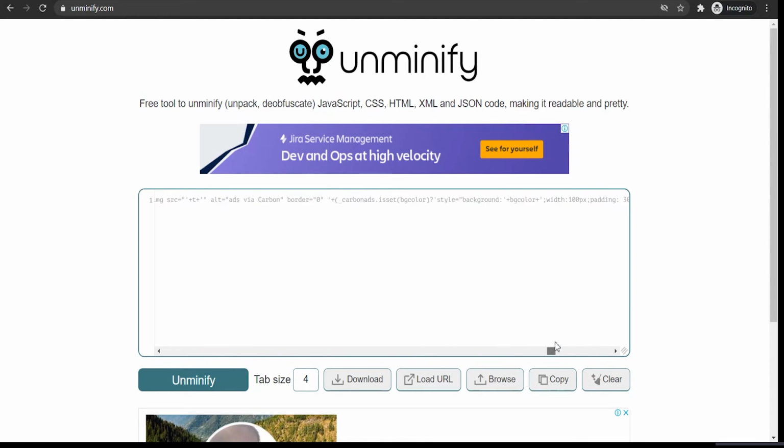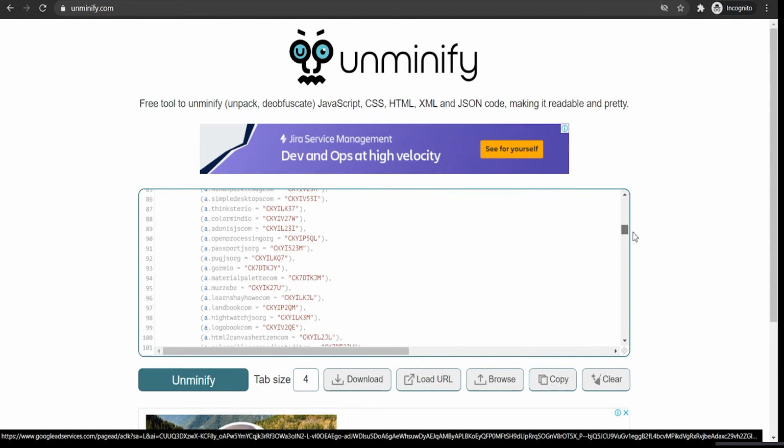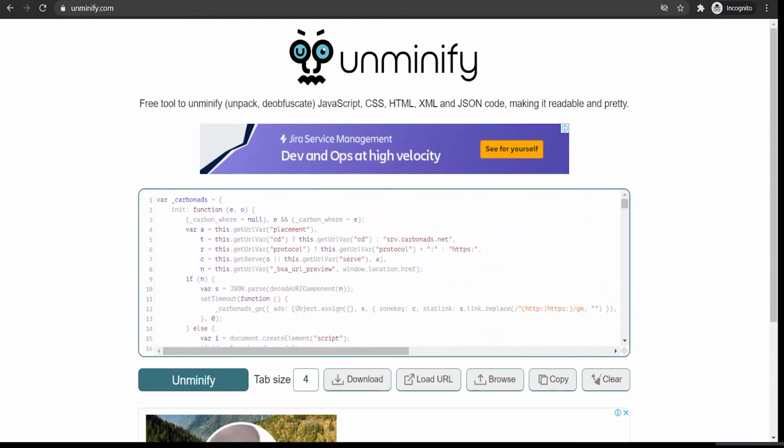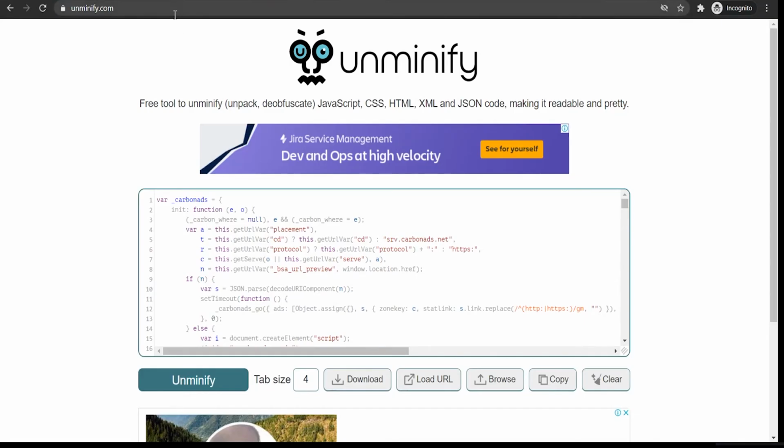This is completely minified JS, right? I will just click on unminify and wow, we have an unminified version of the whole JavaScript.